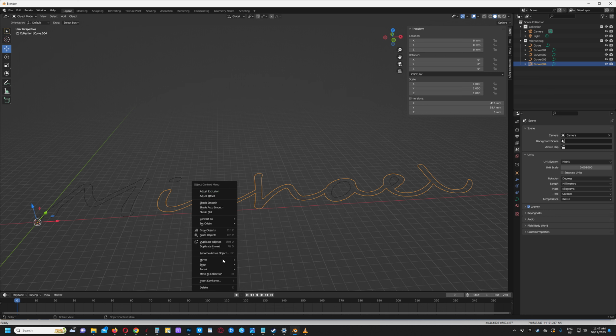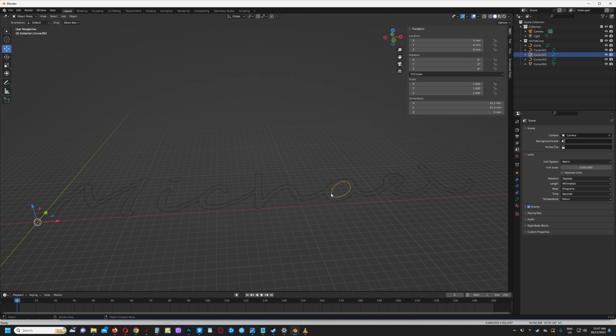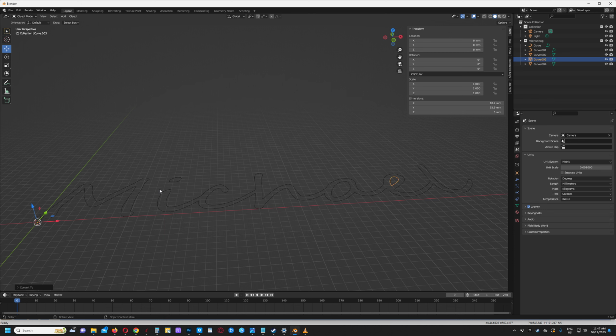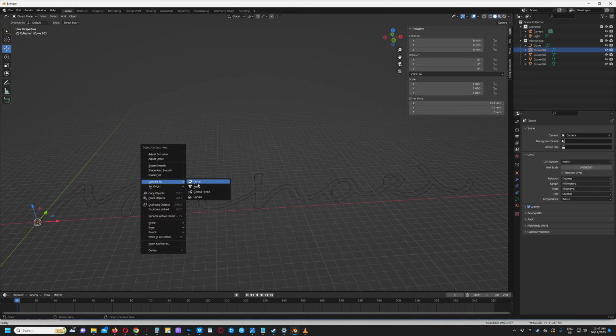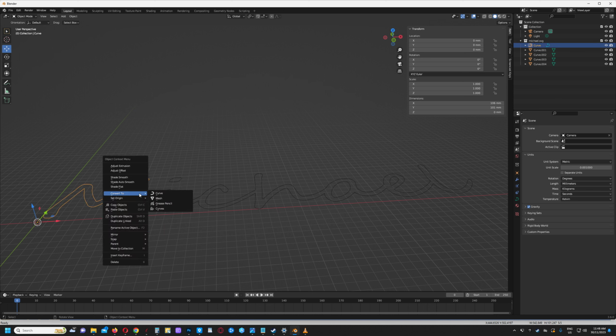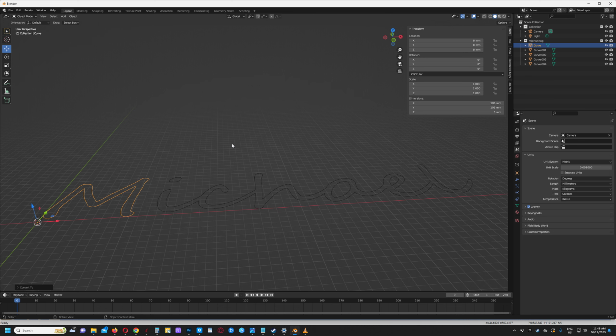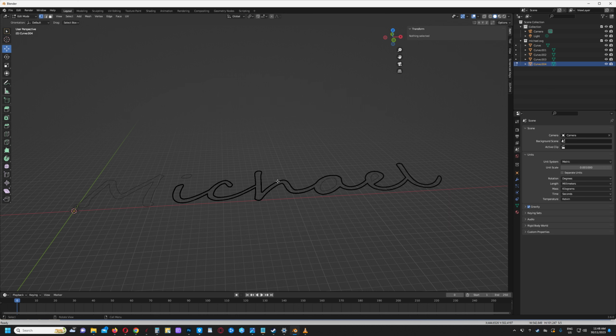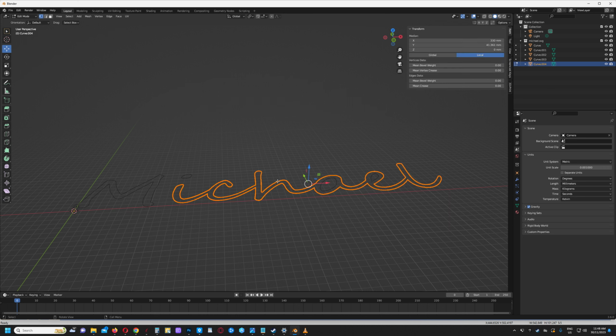Select it, then right click and convert to mesh on each thing. Highlight, convert to mesh, highlight, convert to mesh, highlight, convert to mesh. Everything's been selected to mesh, and then highlight the biggest part, press tab, change to edit mode, press A, press